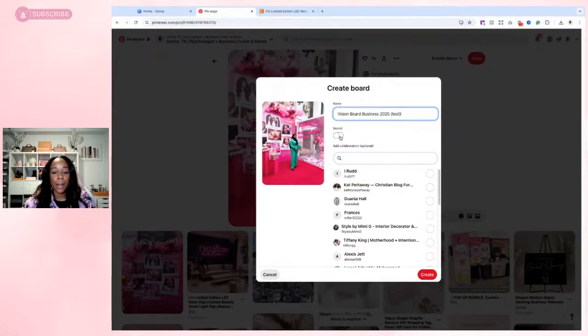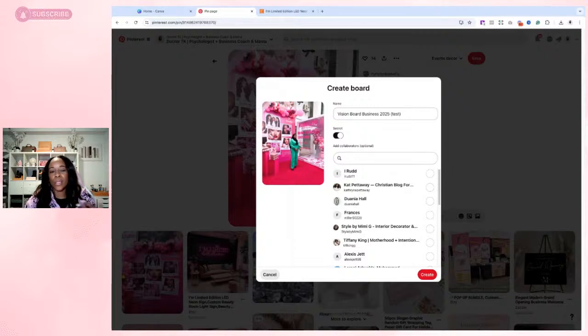Then I keep my board secret because I do have a business Pinterest profile that I really don't use anymore, but still. Now, if you've connected with other people who also have Pinterest, like some of these people are following me from other things I've done in the past, you can make it secret. And then you can invite people. So when I was planning for my wedding, I invited my husband so he could see what I'm seeing.